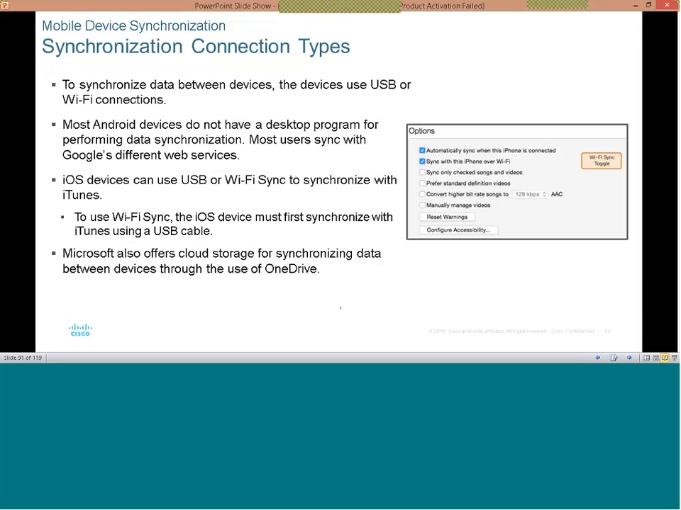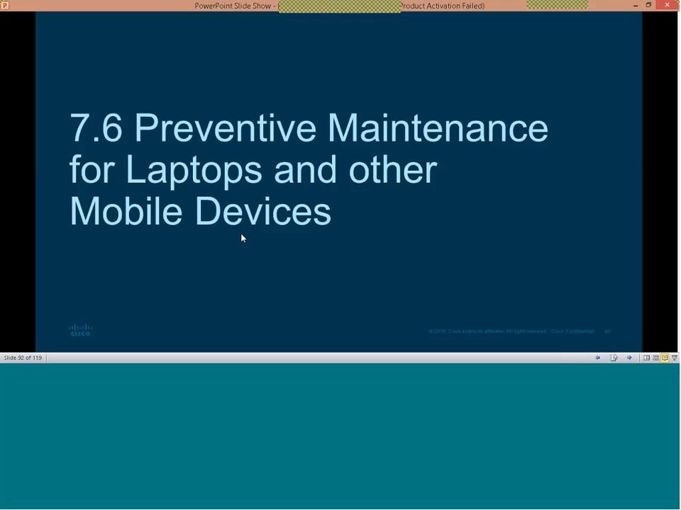So, synchronization connection types. To synchronize data between devices, the device uses either USB or Wi-Fi, after which you can exchange this data. So one thing is common here. After doing all this configuration on your mobile phone and your laptops, for the purpose of exchanging information between the server and the client system, and enabling some key functions on your laptop,